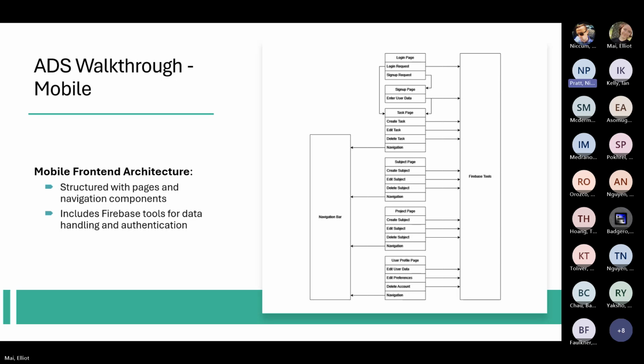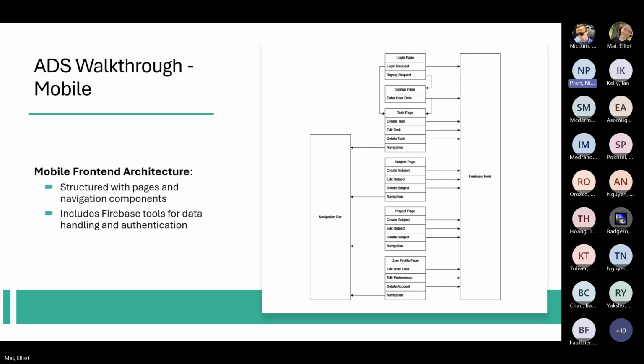So this is the front end architecture for the mobile app, and it's pretty similar to the front end architecture for the website, but the mobile app has less features, primarily because it's such a new development, and we wanted to limit our scope so we could be more successful. But essentially, what we have here is connections between Firebase tools, each page of the app, and the navigation bar. Navigation bar does what it says on the tin,